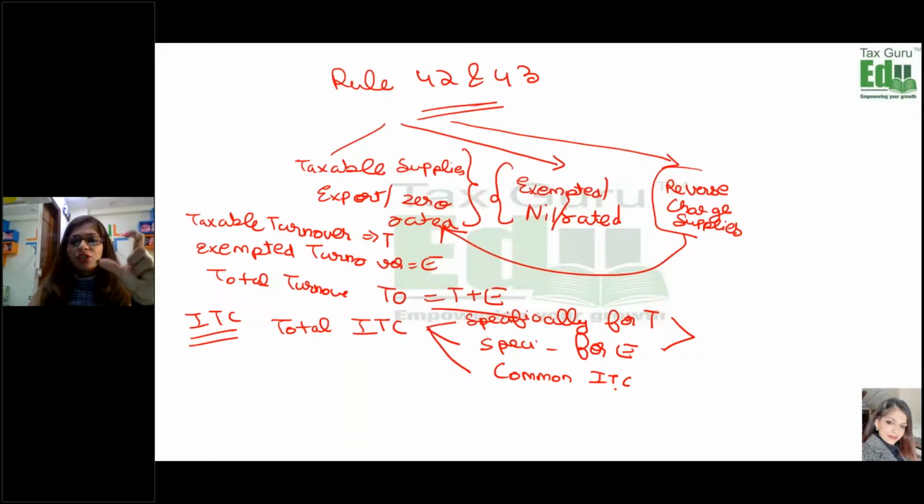But there are certain items which are common ITC items. For example, you are using telephone services, internet services, legal services, security agent services, then machinery repair and maintenance, building repair and maintenance. They can't be said to be for taxable or for exempted. This is the common services. Audit services, I am doing the audit of the entire organization. I'm not saying I'm doing audit only of the taxable sales or of the exempted sales. I do billing for the entire company. So this is a common